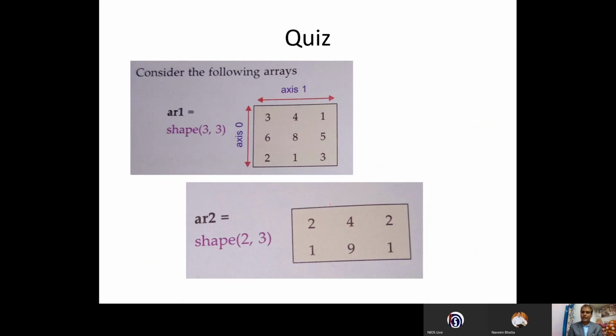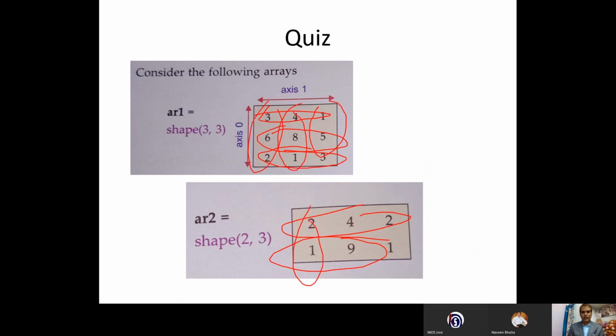Now this is the quiz. Number of rows are 1, 2, 3 and 1, 2. So it is not possible on number of rows. You will get an error if axis 1 is given for concatenate. But it is possible for columns. 3 columns, again 3 columns. When you join axis 0, no issue, all will join, you get the result.